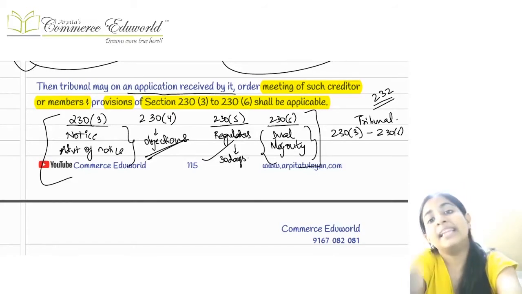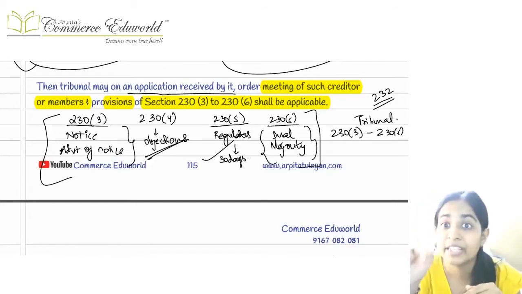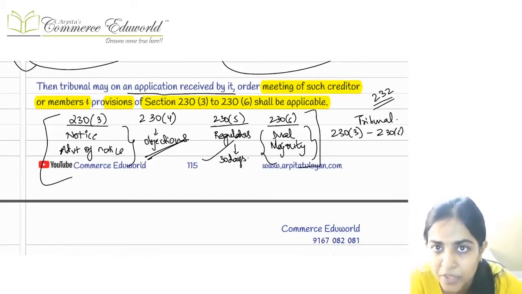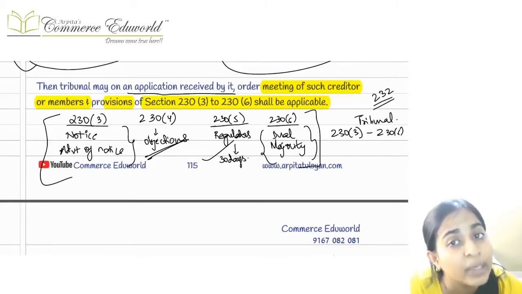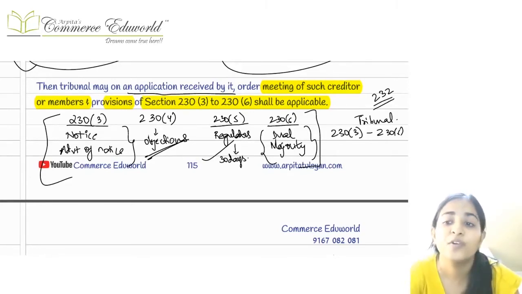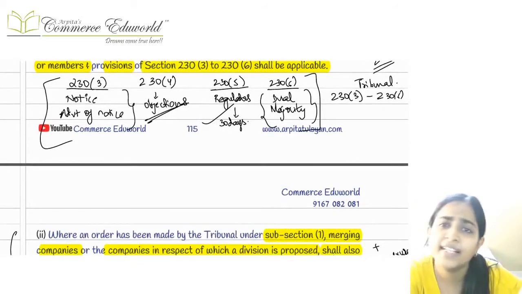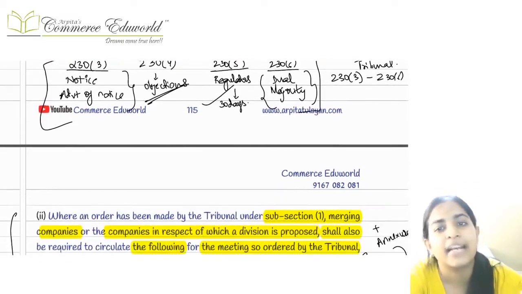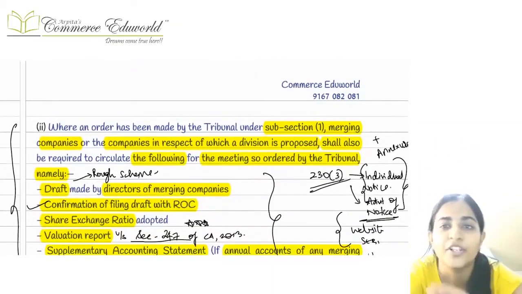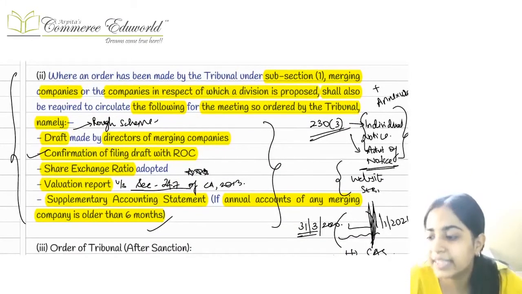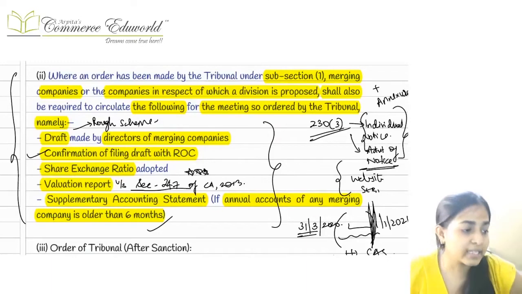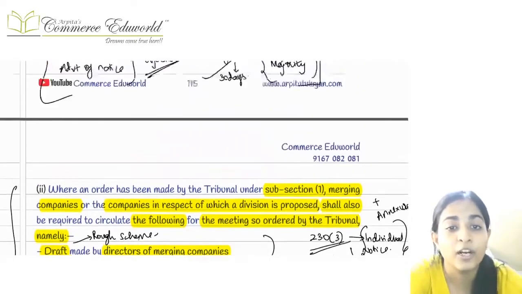We are going to tell them to raise objections. Those 5% and 10% people, we are going to tell them to raise objections. We are going to tell the regulators to raise objections within a period of 30 days. And then we are going to take a dual majority. If it is approved by way of dual majority, then the tribunal's order for merger and amalgamation is full and final.